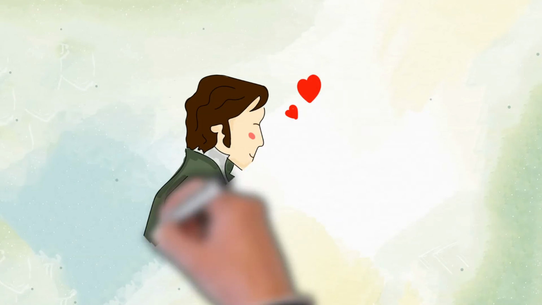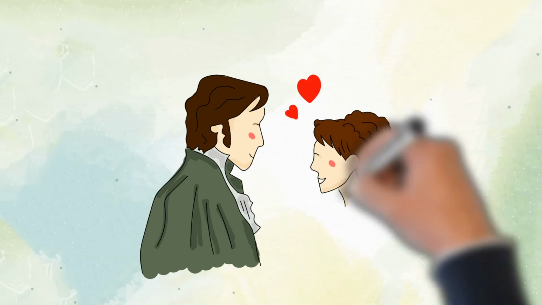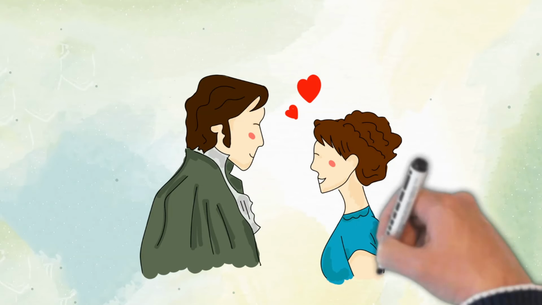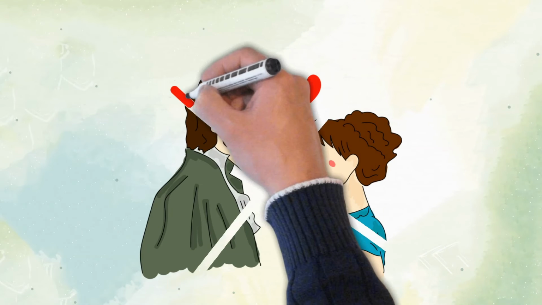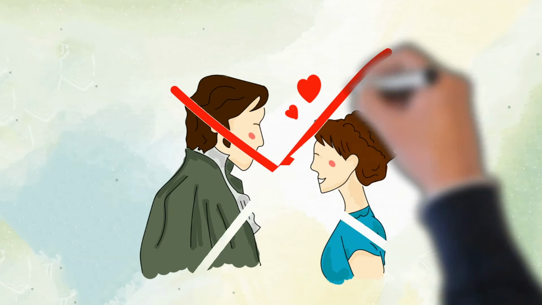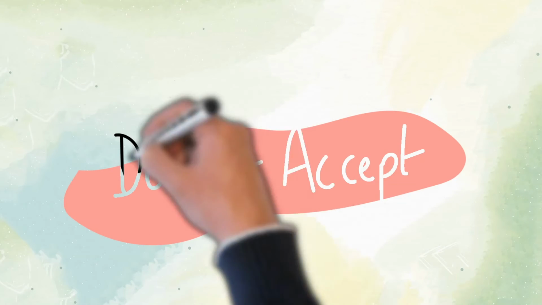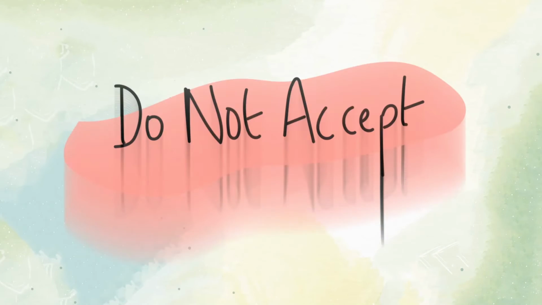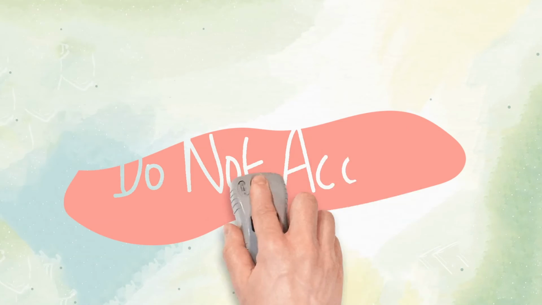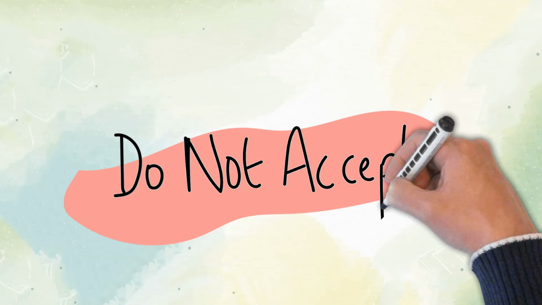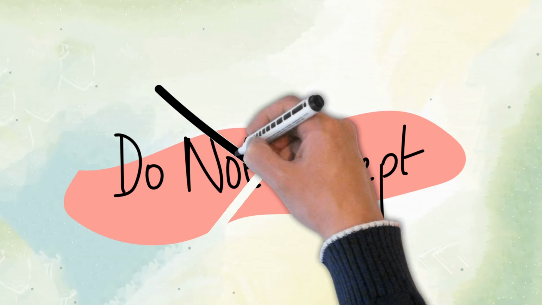She had heard a rumor that Darcy and Elizabeth were a couple, which they're not. Since she does not consider a Bennet girl to be a suitable match for Darcy, Lady Catherine demands that Elizabeth promise not to accept any proposal from Darcy. Elizabeth refuses, saying that she is not engaged to Darcy, but she will make no promise of the sort.